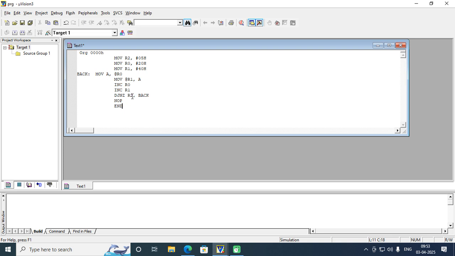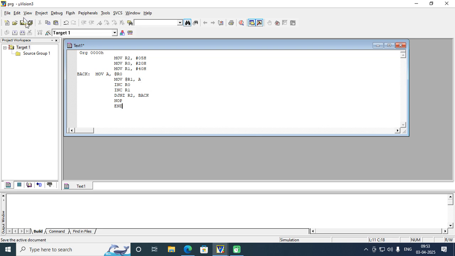If R2 becomes 0 after transferring all 5 data bytes, there is no need to go back to the loop. It will come out of the loop and stop executing. So this is the program for transferring the data from one memory location to another memory location.